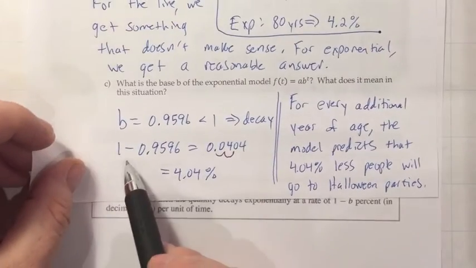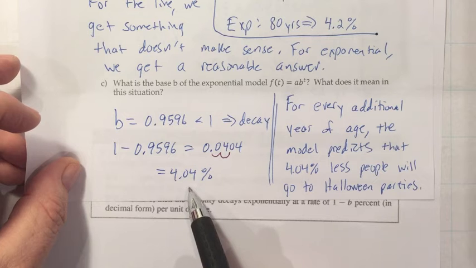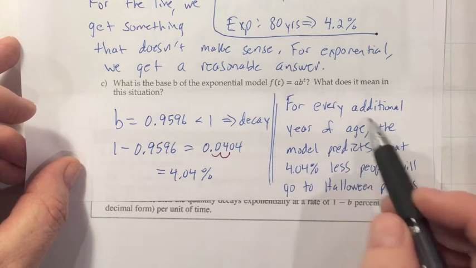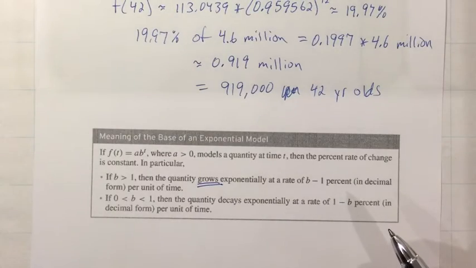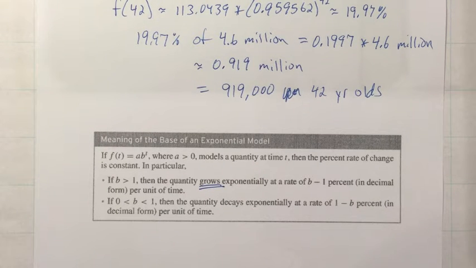And then we looked at the difference between 1 and our base, and that in decimal form became the percentage that we had as our rate of change per unit time, which was for each year or per year. And we definitely want to get in the habit of being able to look at that base and quickly know, is this growth or is it decay, and what is the rate of growth or decay, and to be able